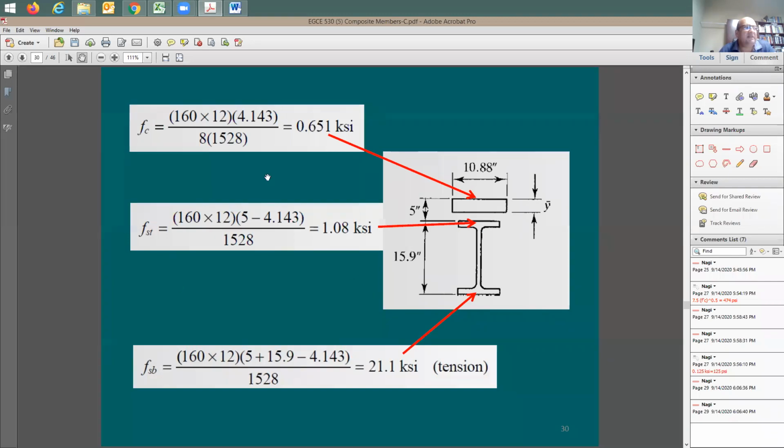Usually, this method is not really used for design. It is mainly used for stress analysis that you'd like to find out for an existing situation. You'd like to find out the stresses and do kind of evaluation for the steel beam. So if you have an existing steel beam with some concrete topping like this, and you wanted to find out the stress within the entire steel beam at different sections,